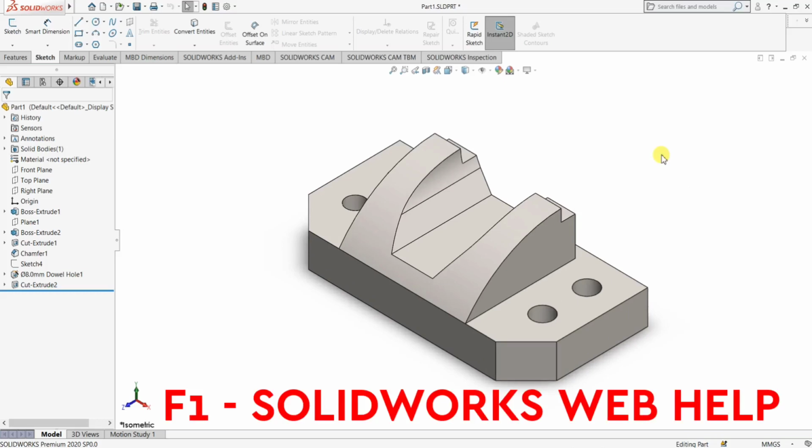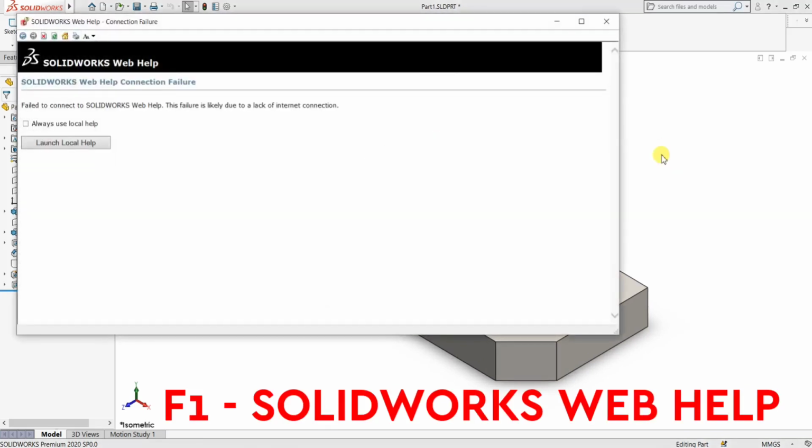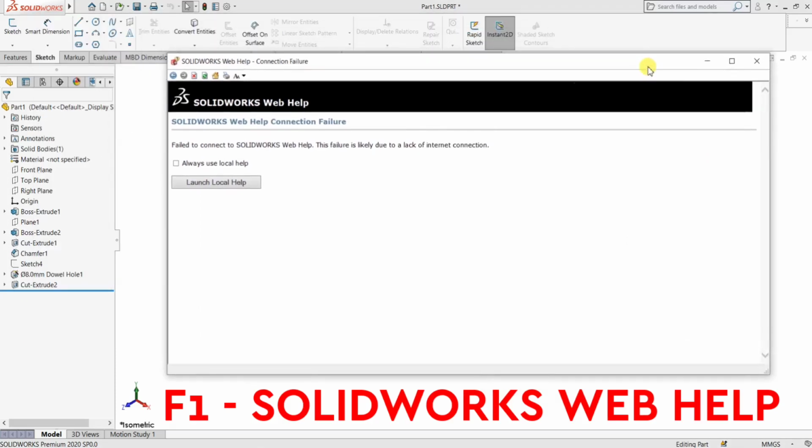Our first function key is F1, that means SolidWorks Web Help. We need to press the F1 key from our keyboard, and you can see here on your computer screen the SolidWorks Web Help screen is displayed. Please remember, F1 is the shortcut key for SolidWorks Web Help.